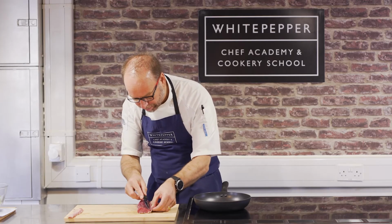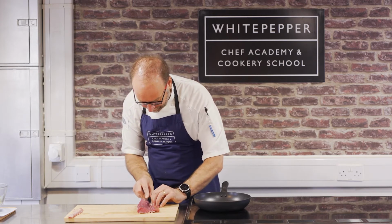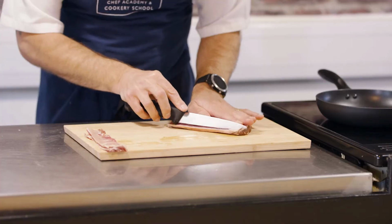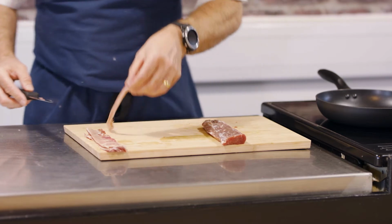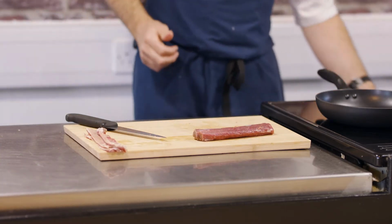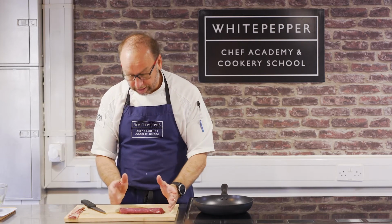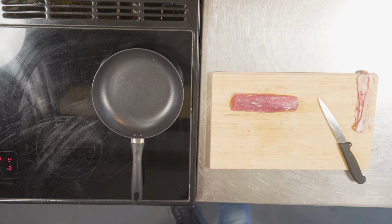Try not to remove too much of the actual lamb itself. Cut down, and then just finally the excess. So then what we have is a beautiful, what we call a cannon of lamb. So a cannon of lamb literally is a loin. Some people may call it a saddle, but this is beautiful, and this is what we're going to use in